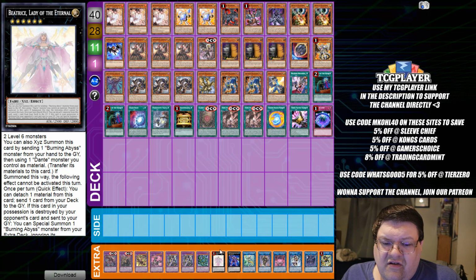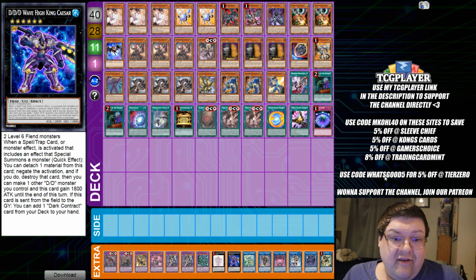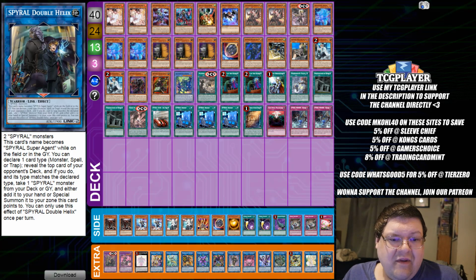Also, you know, OCG still gets to play Beatrice for, you know, the specific dump options, or, you know, the Wave King Kaiser. It really just depends which route you need to go down. But this is cute. I like this. Also, you know, gets a chance to show off the value that the Scarlet Sorrow actually makes for this deck. I don't see anything else too crazy here. Cool. All right, next up here,